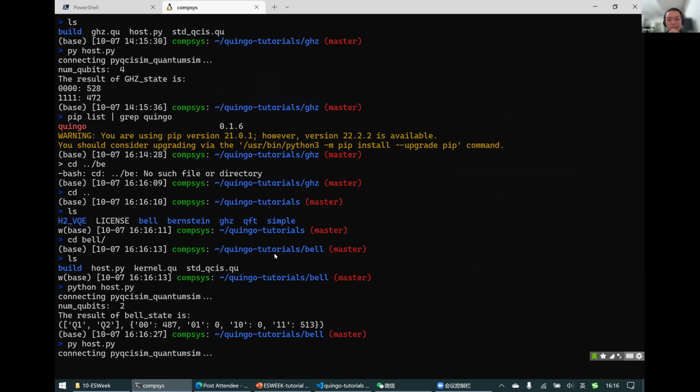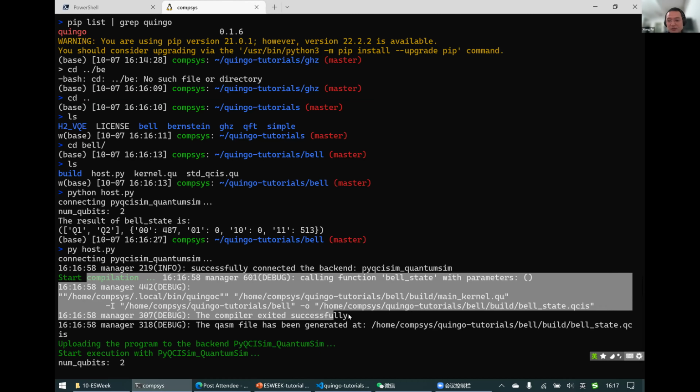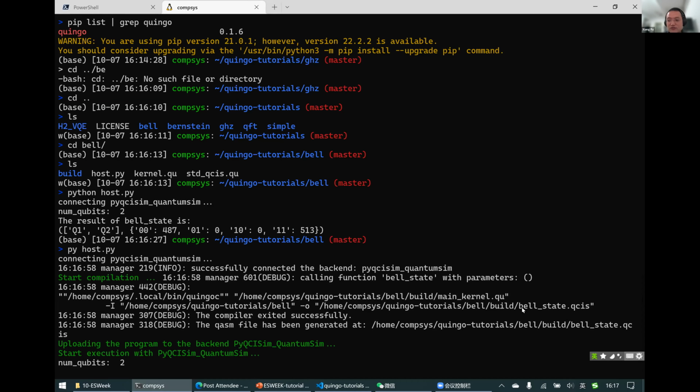It connects to the backend, and it is connected, and then it starts classical computation, and then it starts quantum compilation. When this quantum compilation finishes, it generates the QCIS program. This is the quantum control instruction set developed by Professor Zhu's group.